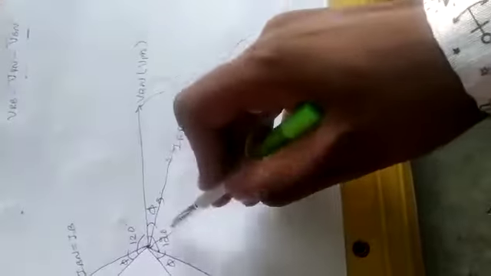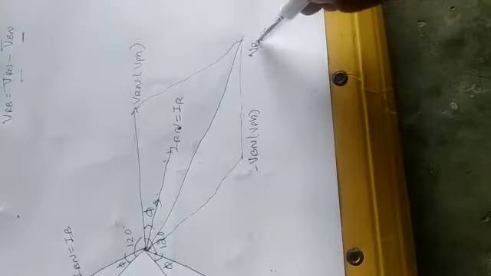You join VRN plus minus VBN, then you will get VRB, and the resultant vector is VRB. This is nothing but line voltage, right? In a similar manner, you have to find out the next vector, VYB, which is equal to VYN